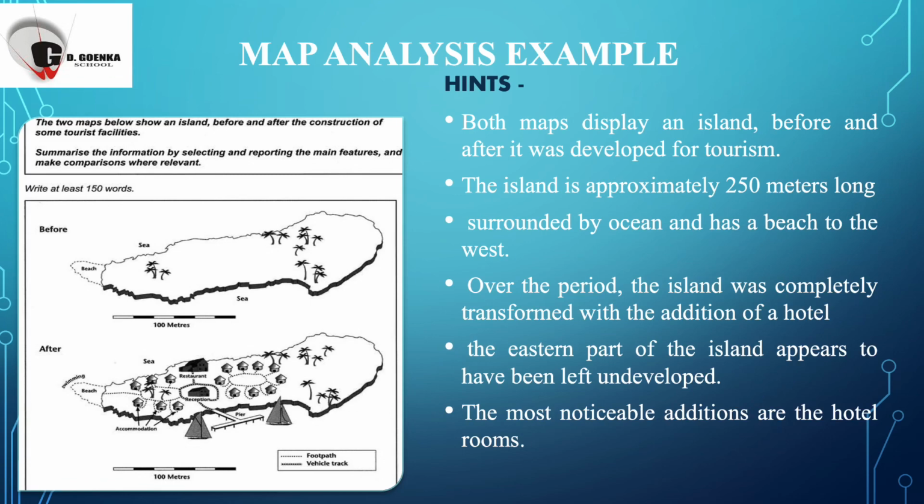For example, over the years the island was completely transformed with the addition of a hotel, and then you can write the eastern part of the island appears to have been left underdeveloped or undeveloped, just because there is less vegetation over there and there is no construction over there. So you can write that. Moreover, whatever noticeable changes or noticeable additions you see, for example, we've got 6 buildings surrounding some trees, and we also have 9 buildings constructed in the center of